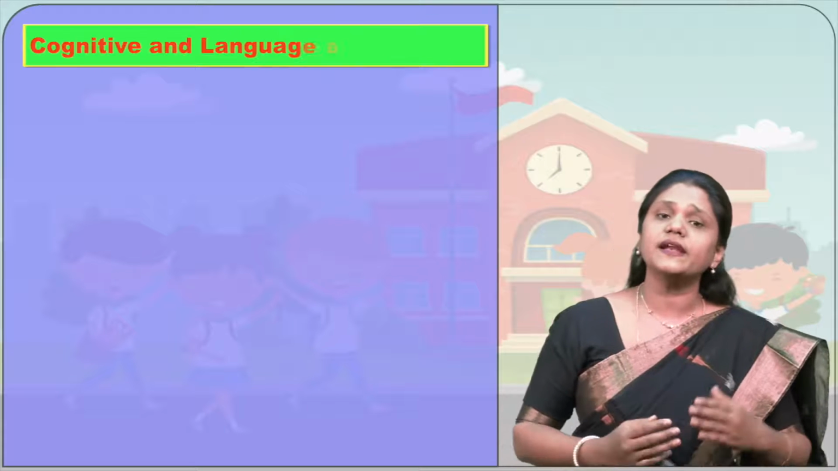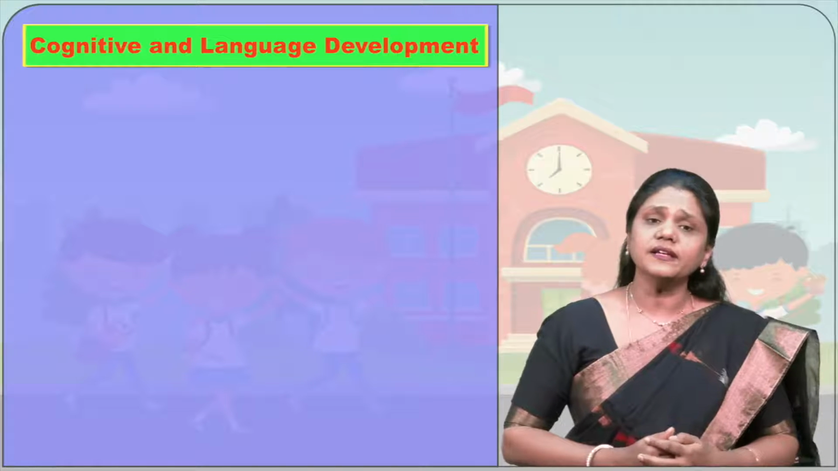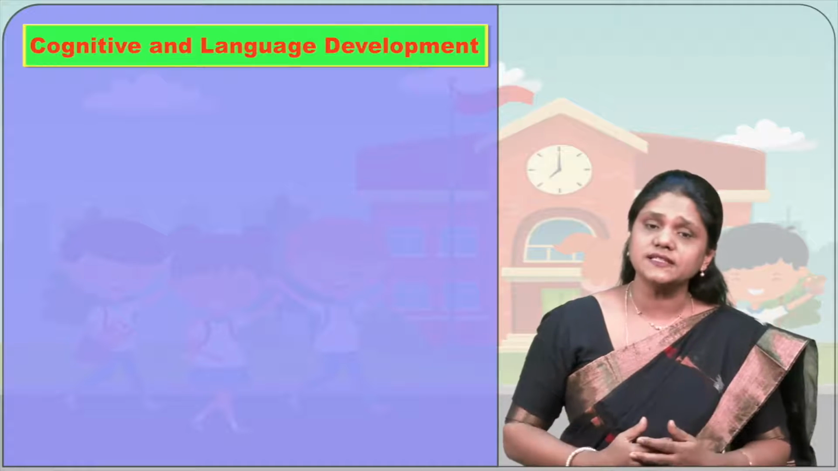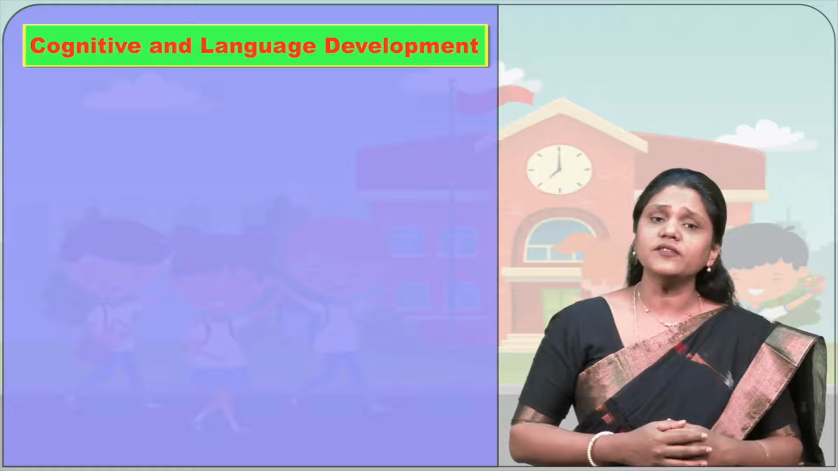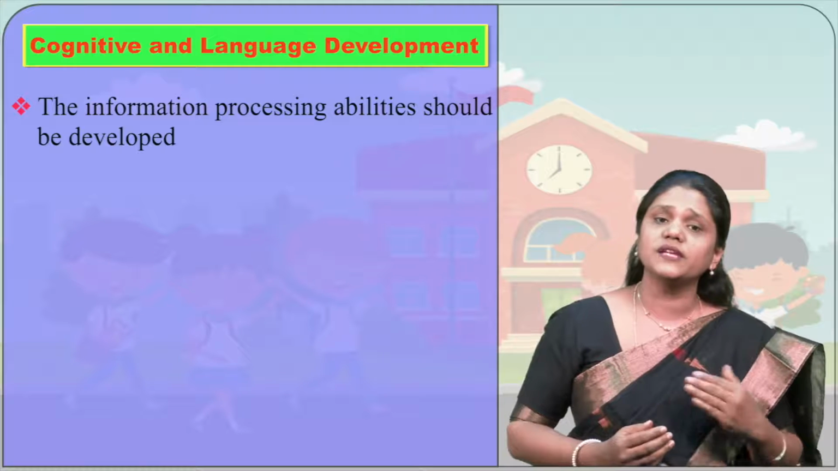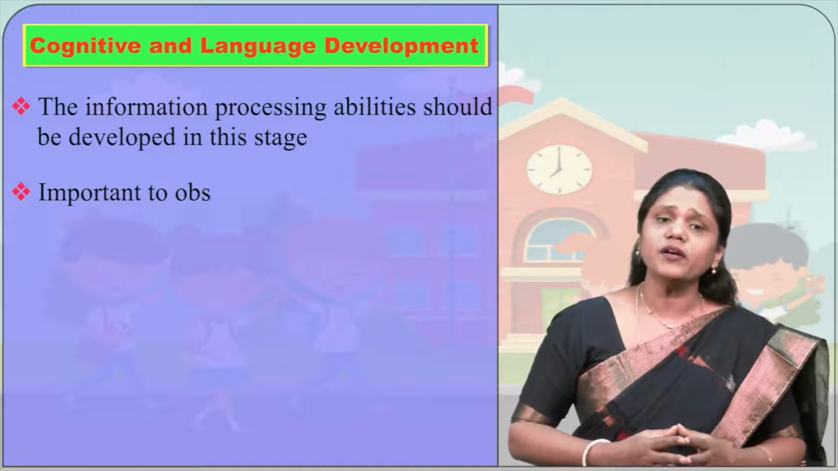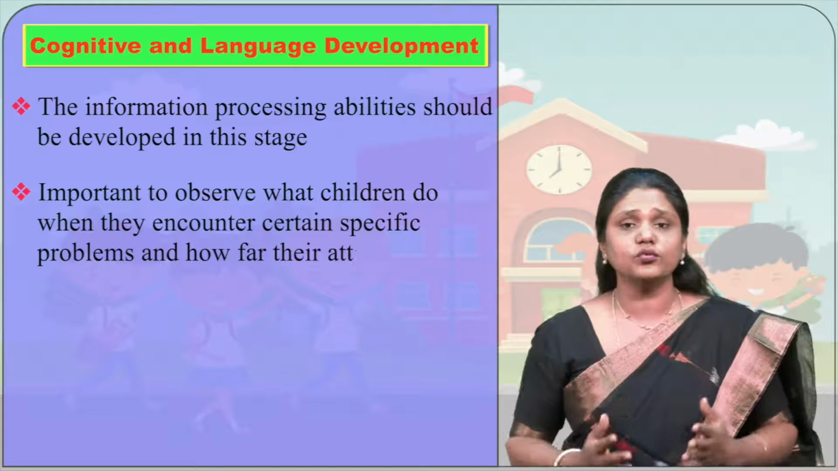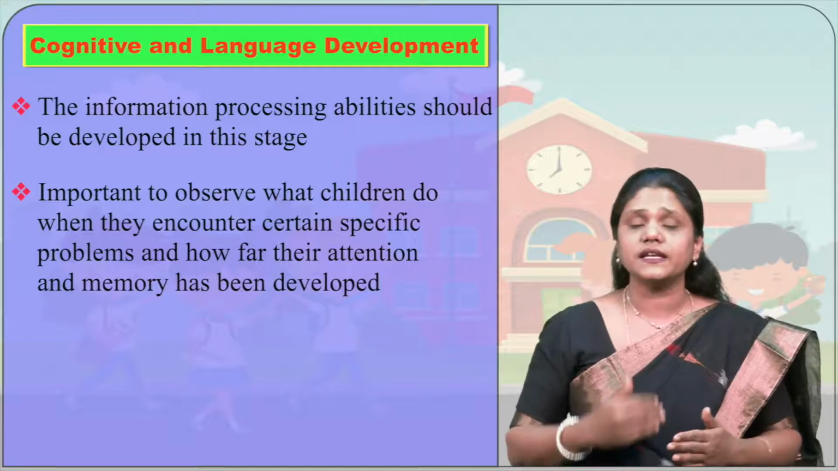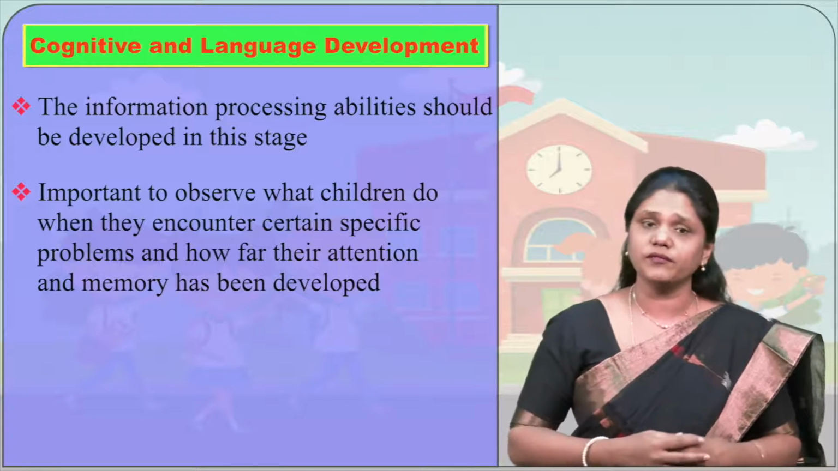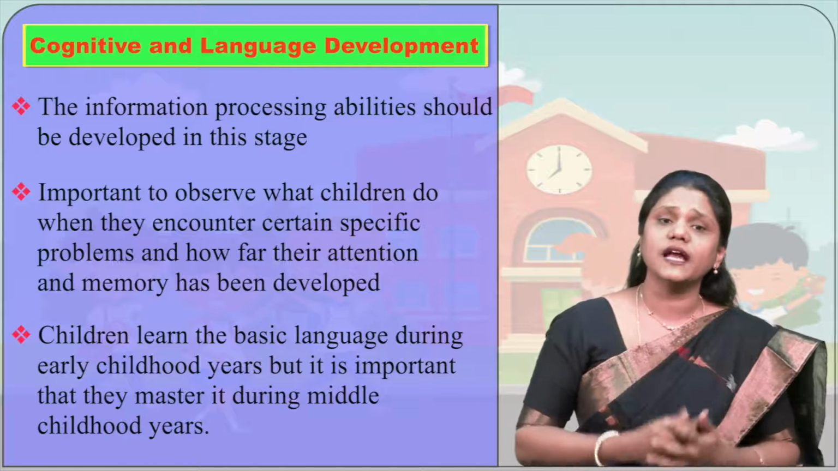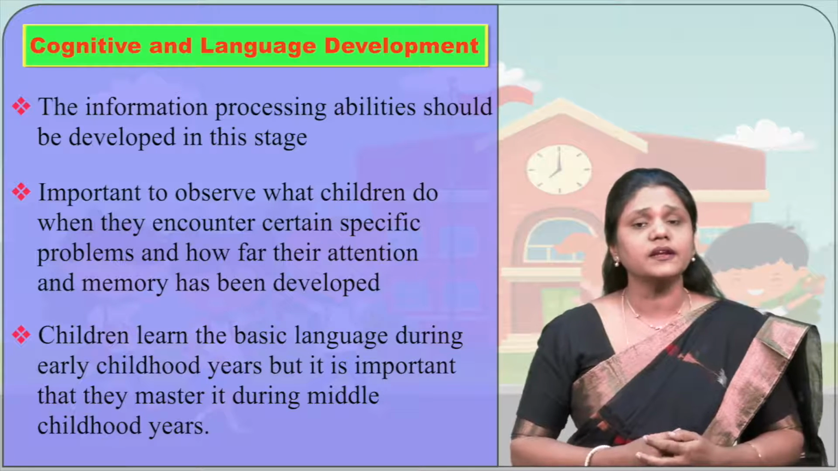Coming to the cognitive and language development. Cognitive and language skills are a significant developmental task that has to be achieved in this stage. Cognitive operations are important. The information processing abilities should be developed in this stage. It is important to observe what children do when they encounter certain specific problems and how far their attention and memory have been developed. Children learn the basic language during early childhood years, but it is important that they master